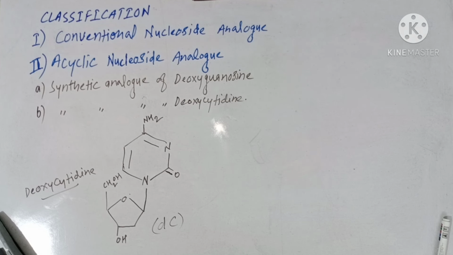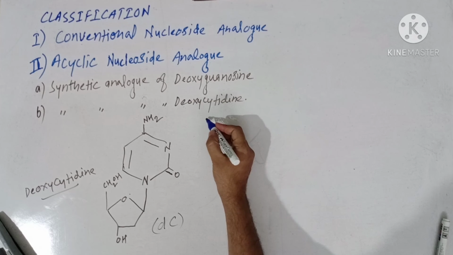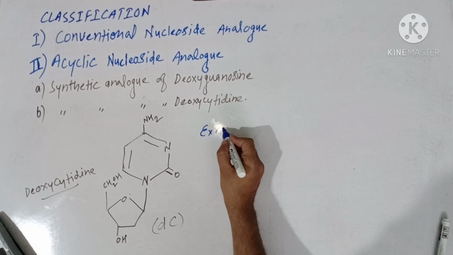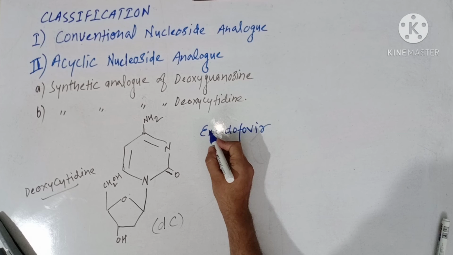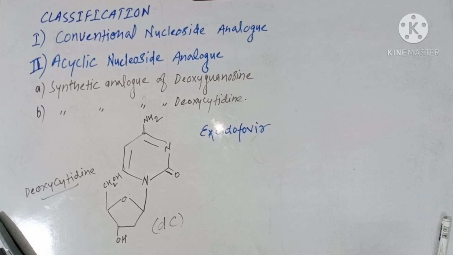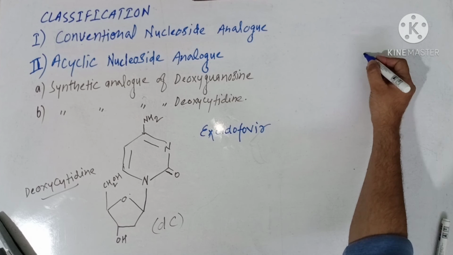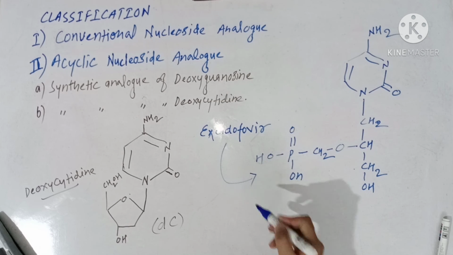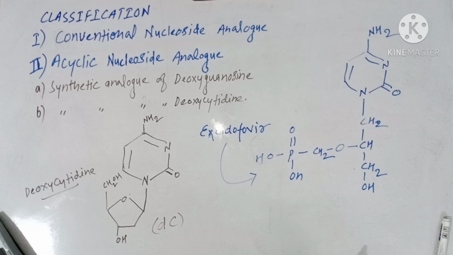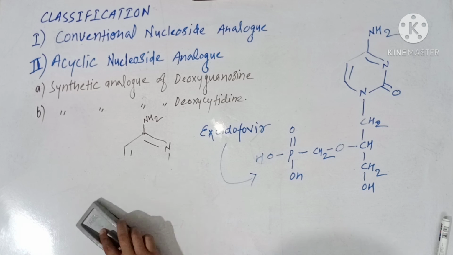So now the important example of drugs which come under this deoxycytidine class is cidofovir. What? Cidofovir. So cidofovir again has this basic skeleton. So this is the structure of your cidofovir. Now we will move on to the last class of these anti-HSV agents, that is